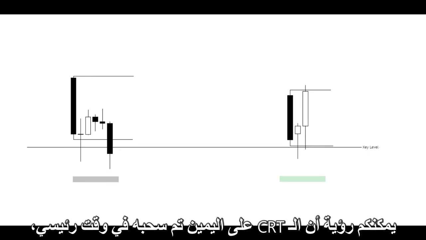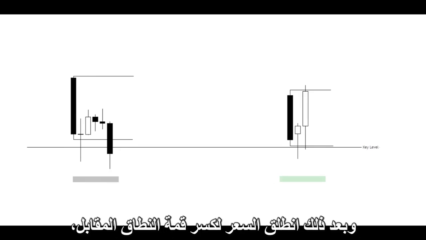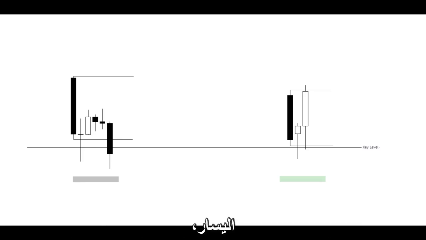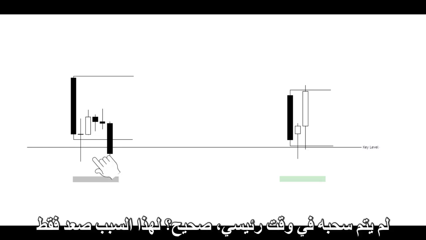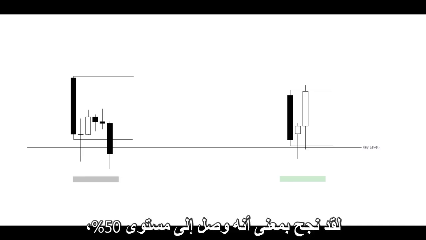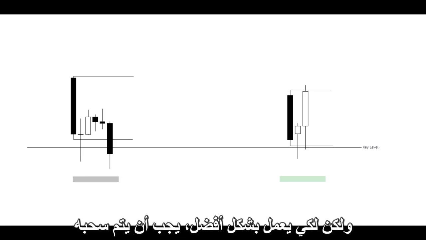Here's another graphic that shows the importance of time. You can see that the CRT on the right was purged at a key time, and after that price went out to take out the opposing range high, and it worked out, right? But in the graphic on the left, you can see that the CRT was not purged at a key time, right? That's why it only reached the 50%, but then it reversed and took out the low. It worked out in the sense that it reached the 50%,